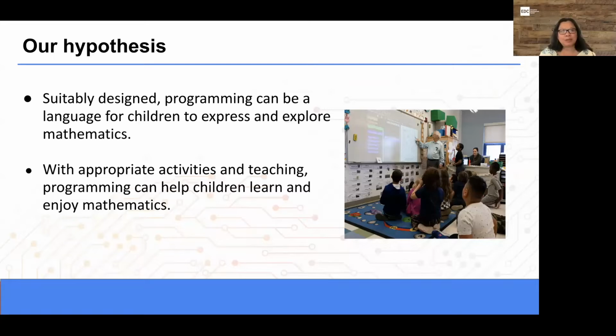Okay. So that gives you a sense of the breadth of some of the microworlds, a little bit about what we are trying to do and what we're studying as part of the microworlds. This idea that programming can be a language that supports students' mathematical and computational thinking is something that we are investigating, and part of what we're focusing on is, in the slide, the phrase suitably designed. I think that's a piece that we're really focusing on in terms of all of the design elements and features in this environment that make them engaging to students, accessible to students, and support